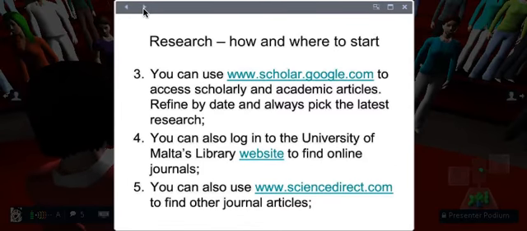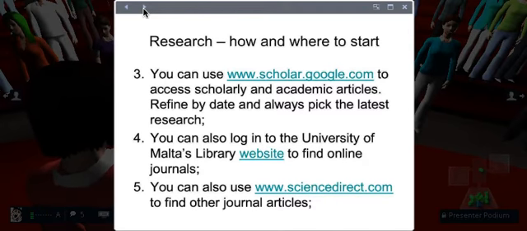Whilst you are on campus and on the campus network, you also have access to the University of Malta's library website. If you are on the campus network, even with Wi-Fi, if you go to the site of SpringerLink, okay, so www.springerlink.com, and you are on the campus network, it recognizes you automatically as University of Malta.